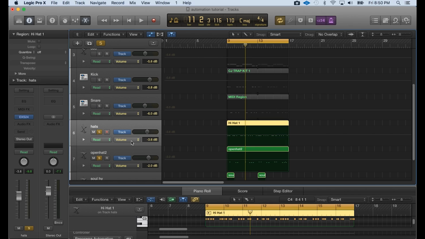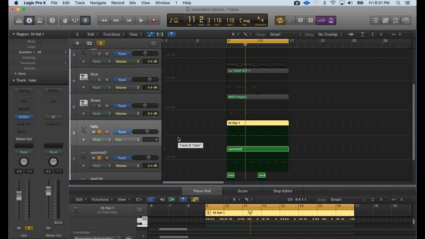And that's pretty much default. As soon as you go into the automation view, volume will always be pre-selected for you. But what we're going to be automating is the pan. So I'm just going to click this area and hit pan, and it's set to 0. That means that the pan is what you hear on the left and the right. If it says 0, everything's pretty much straight in the middle. So you don't have anything playing just on the right or just on the left speaker or your headphones,